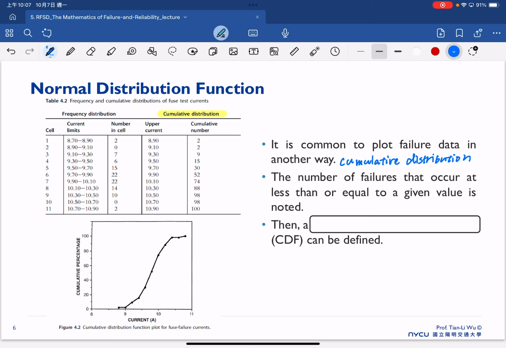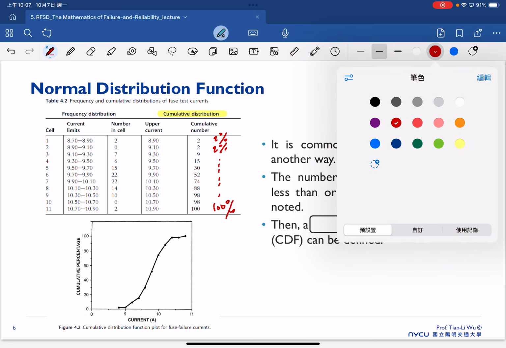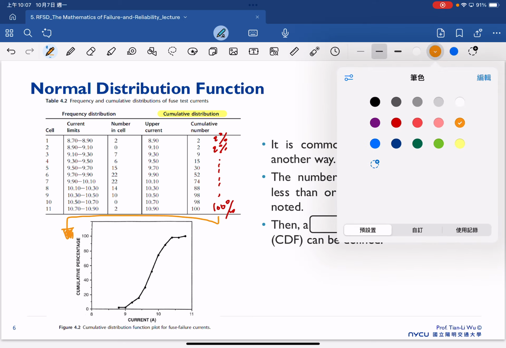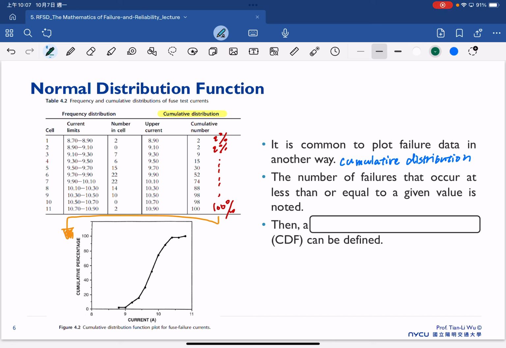So now we have 2% here, and we have 2% until 100%. So basically, we just plot this cumulative number on the y-axis, and we plot this upper current